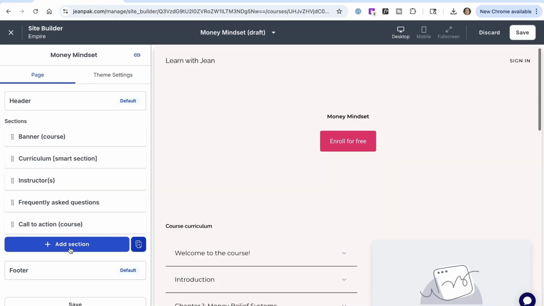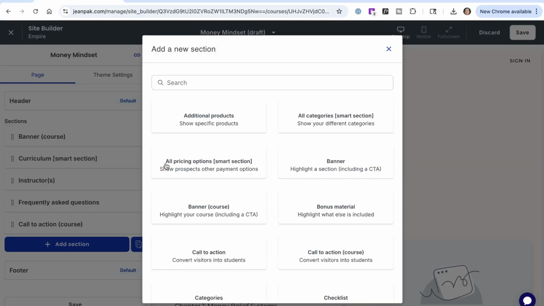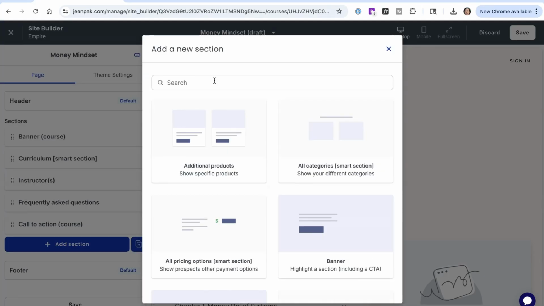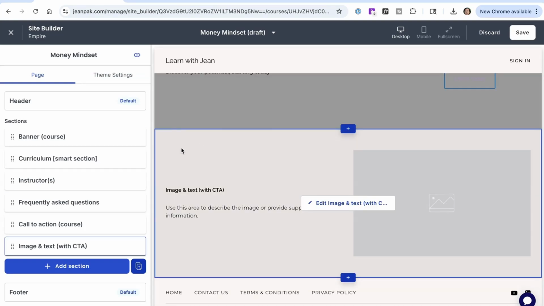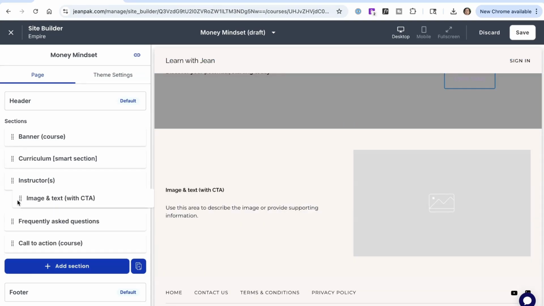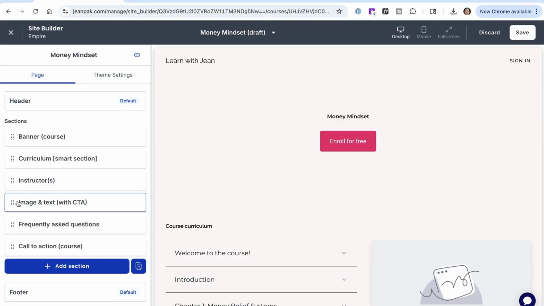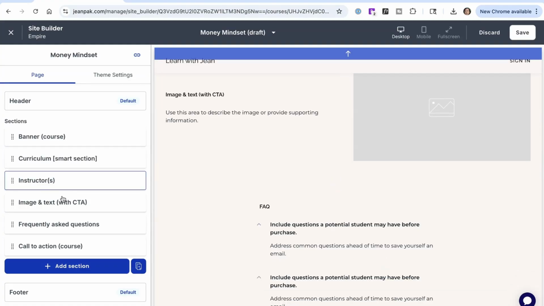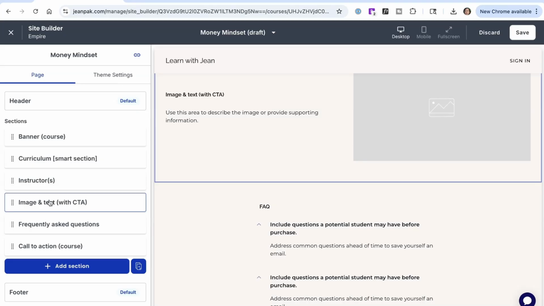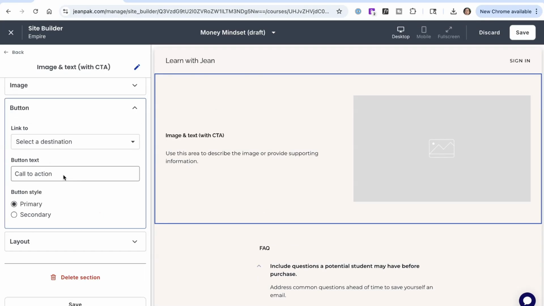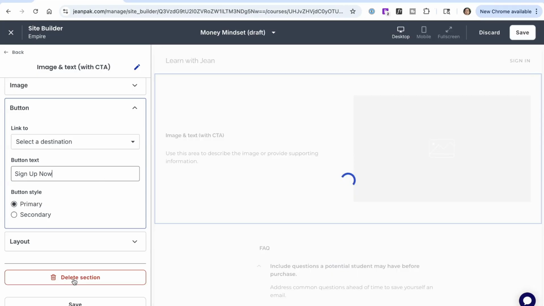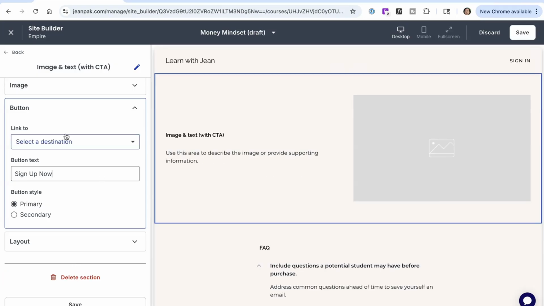And then I want to add a little bit more to this page, and I can look for an image section, and I can put pictures with a call to action, or I can just do an image gallery. But I like that this image can be spread throughout, so it's not just a traditional call to action, it's more of an image and call to action. And so I can add a fun picture here, and I can choose to add a button to say sign up now. And then the button will get added to this page once I decide